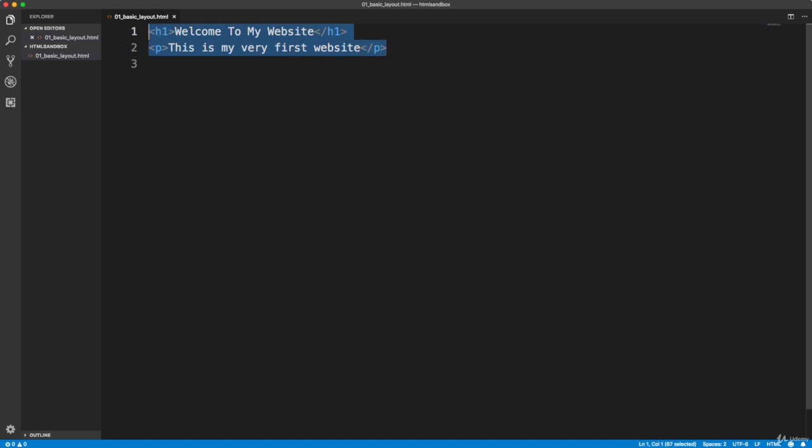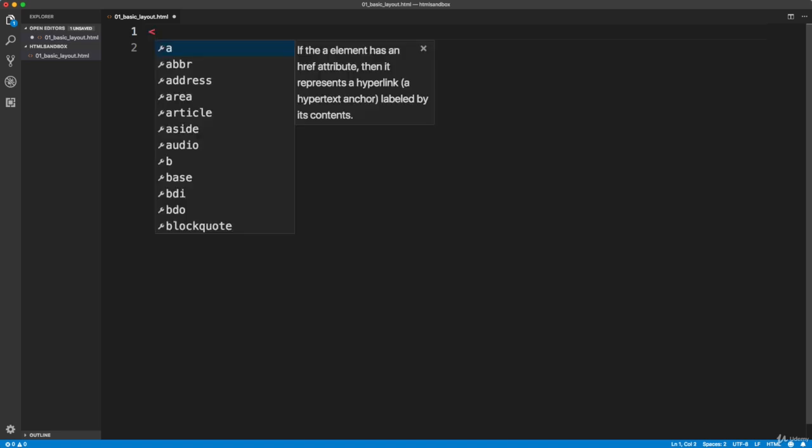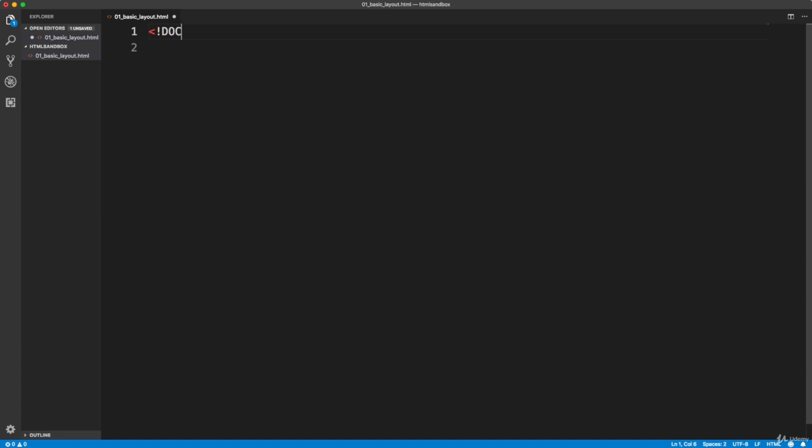All right, so basic layout of an HTML page. Let's actually just get rid of this for now. So the first thing that you're going to want on every HTML page is the Doctype. Okay, so I'm just going to type this out. It's going to be an angle bracket, exclamation, Doctype, usually all capitals, and then HTML, and then closing angle bracket. So this is a Doctype, and what this does is it tells the browser what type of document it is,